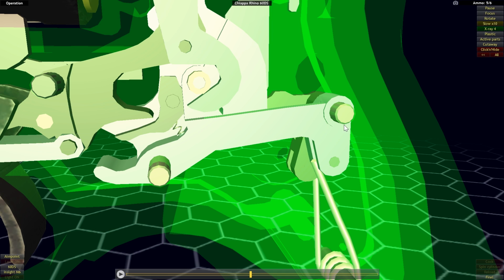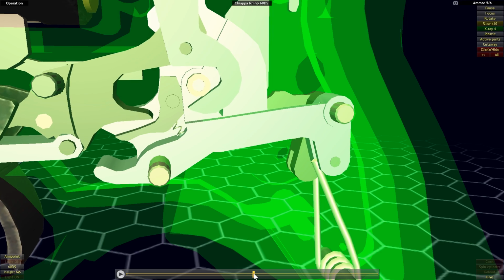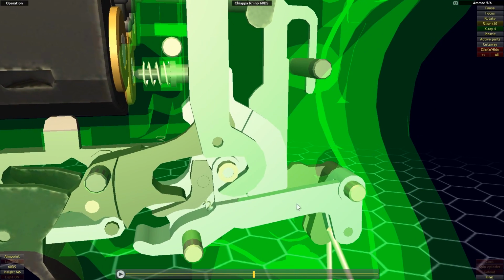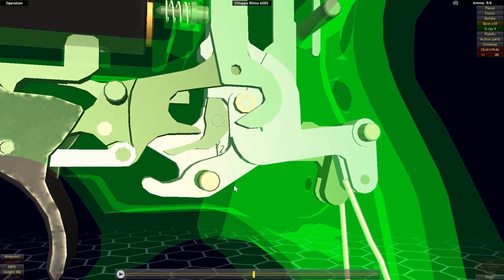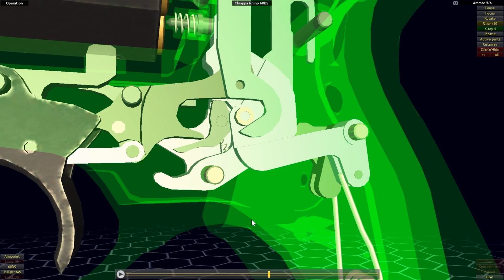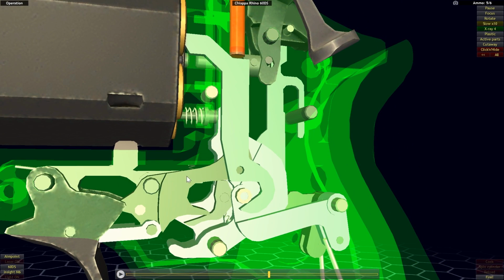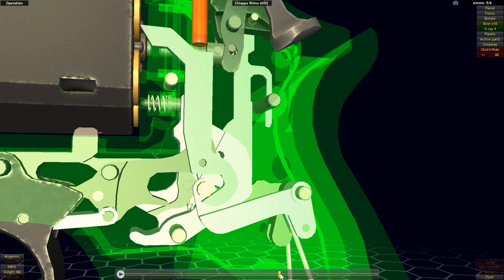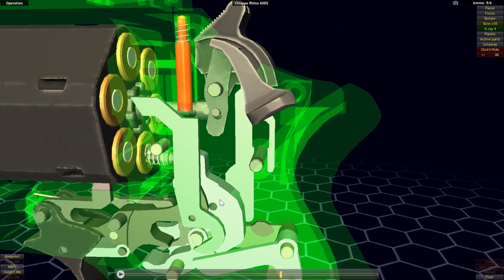And as it's pushed this way, it's going to pivot down on this end. So as it pivots down, it's going to pull down on the hand. So you see this lever is hooked by the hand here. So as it pulls down on the hand, it's actually going to drive down on the trigger assembly here. And as the hand comes down, what's going to happen